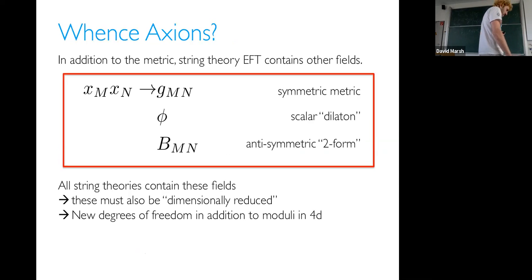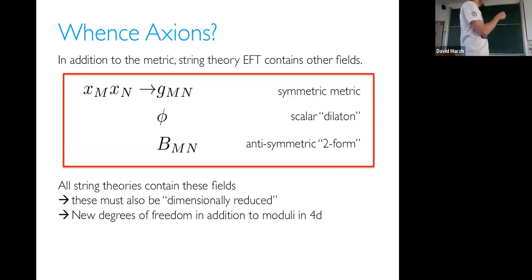So, whence axions though? Why all this? Where are we going here? Where are the axions going to come from? Well, the point is that the moduli come from the metric. I showed you what happens to the metric. We have to have something else to give us other degrees of freedom apart from the metric, i.e. the axions. And a simple way to see why you should have extra fields in string theory other